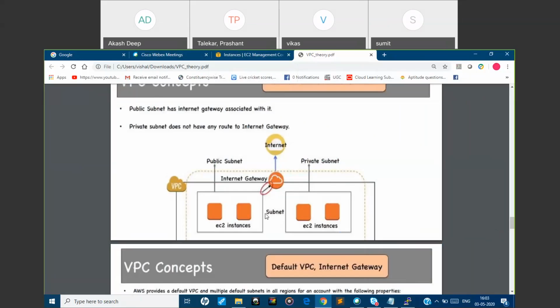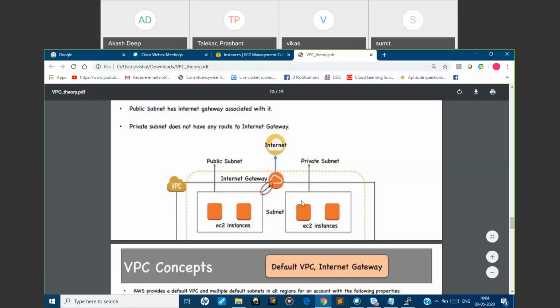So that is our next agenda. We will be establishing a connection from the public subnet to the private subnet with different logic called network ACLs. We'll discuss all of these from next week. This is to communicate between two subnets, and that too from the private network, not from the public network.